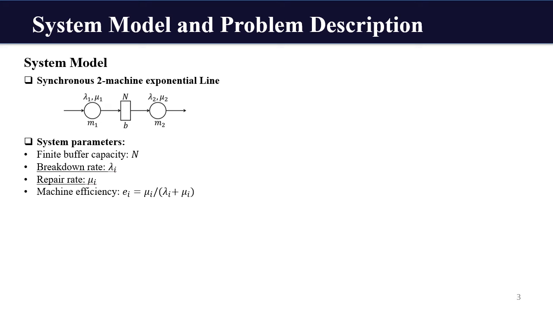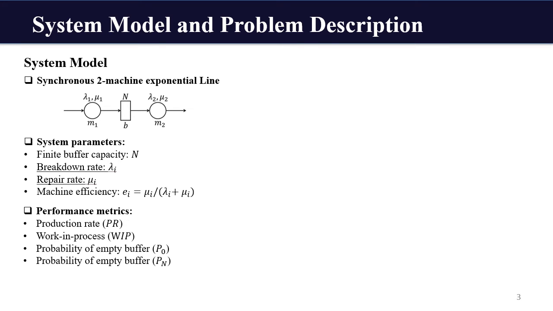Lambda is the breakdown rate and mu is the repair rate, and we can get the machine efficiency in terms of lambda and mu. On the factory floor, the machine parameters are unknown. In order to build a valid model, we have to find the machine parameters which fit the mean characteristics of the real system. However, the downtime and uptime of machines are difficult to measure directly on the factory floor, but the